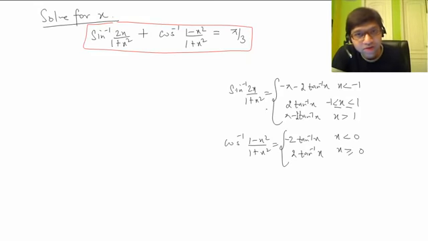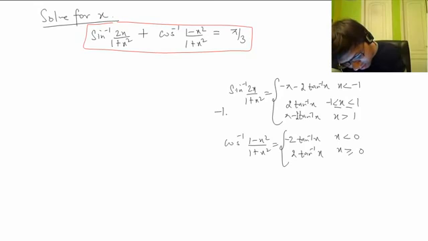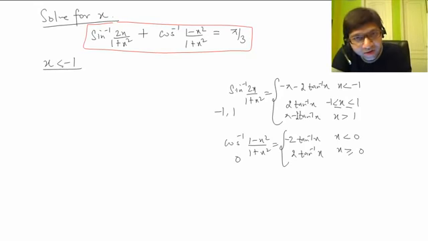Now we have to use these. It's like a compound, like a greatest integer function or fractional part of x or mod x, those kinds of questions. So what we do, we see the critical points. Critical points are from this side -1 and 1. On this side the critical point is 0, only one critical point. We make the interval x less than -1. X less than -1 is an interval, right?